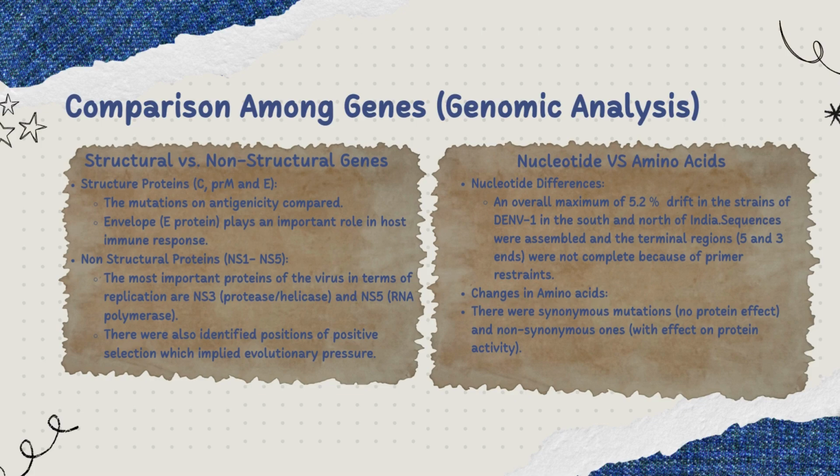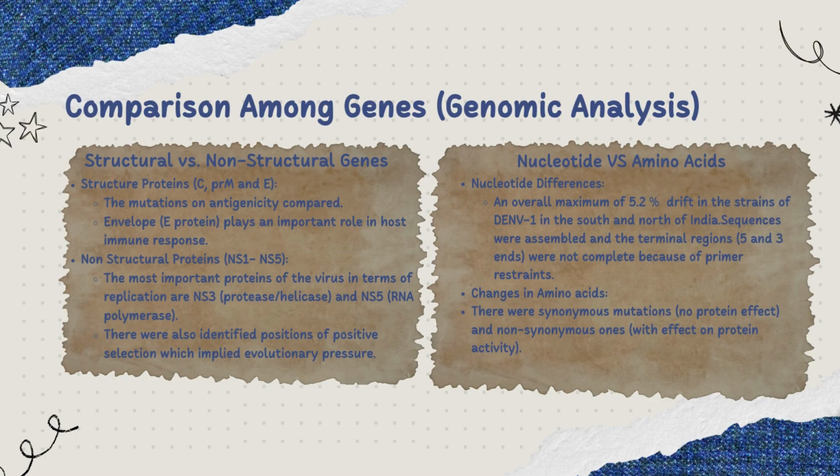Beyond structural proteins, the virus relies on non-structural proteins, NS1 to NS5, to replicate. NS3 acts as a multi-tool. It's both a protease to cut viral proteins and a helicase to unwind RNA for replication. NS5 is the virus's RNA polymerase, copying its genetic material. Positions under positive selection were identified, suggesting these regions are evolving rapidly, likely due to immune pressure or adaptation to